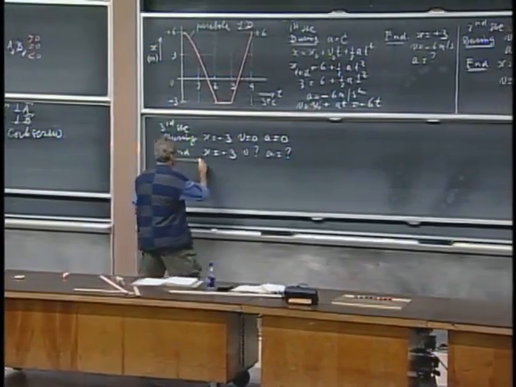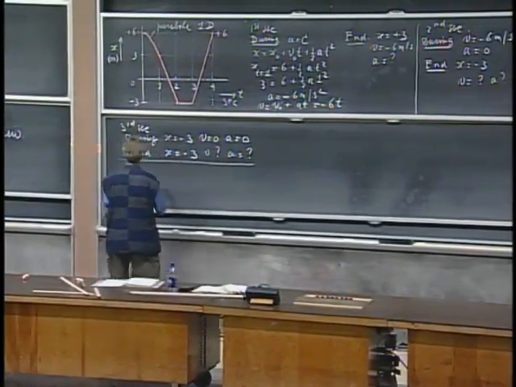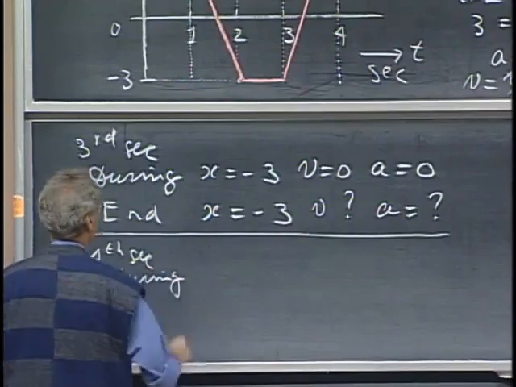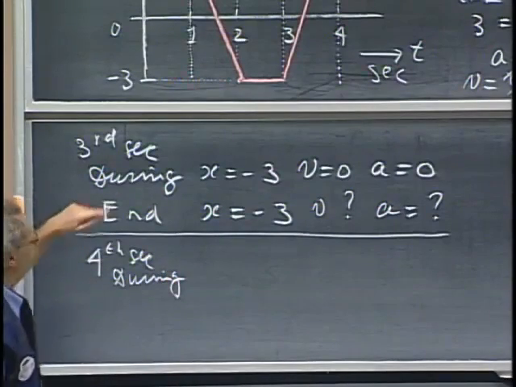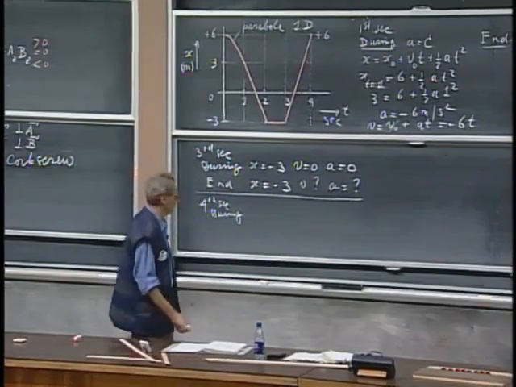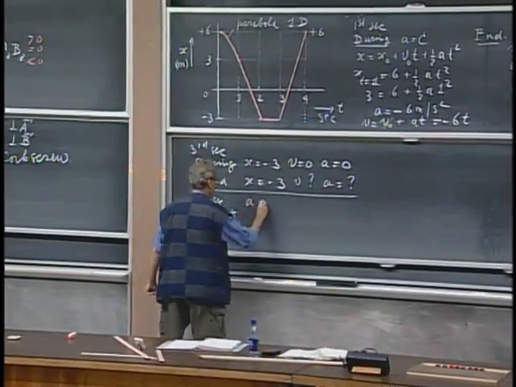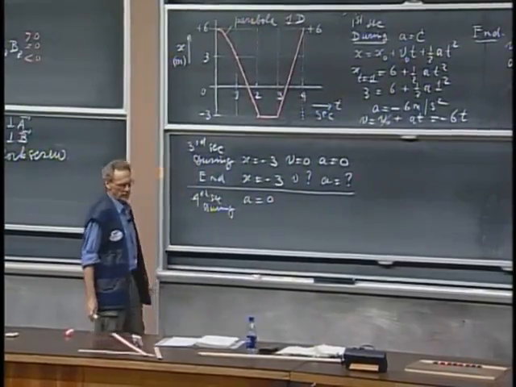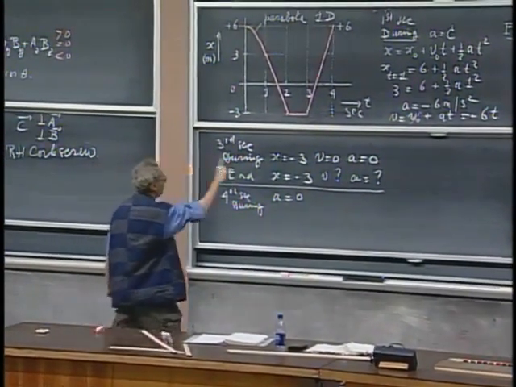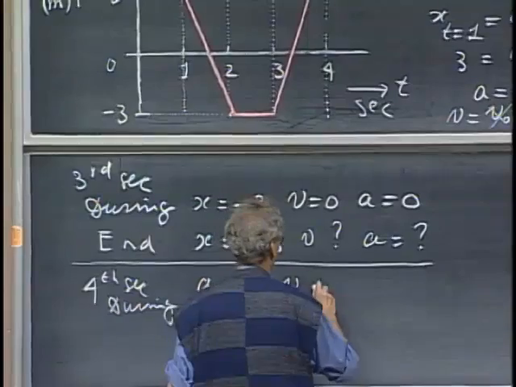Let's now look at the last second, it's the fourth second. First during. Well, it's going from minus 3 to plus 6, and it's a straight line, so the velocity is constant. If the velocity is constant, then you can immediately conclude that a is 0, there's no acceleration. And it goes 9 meters in a time span of 1 second. But it's now plus